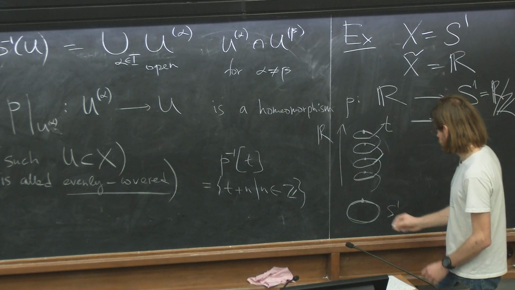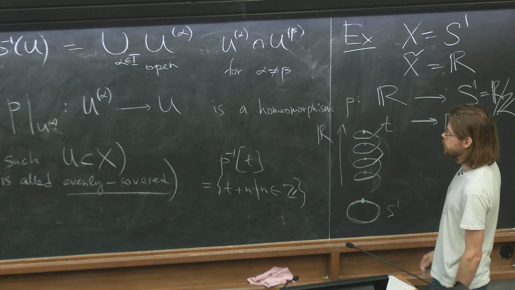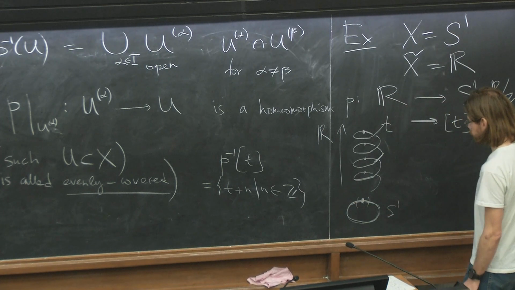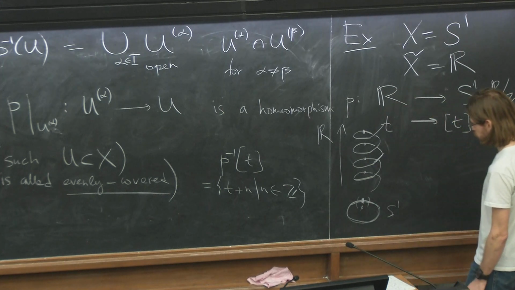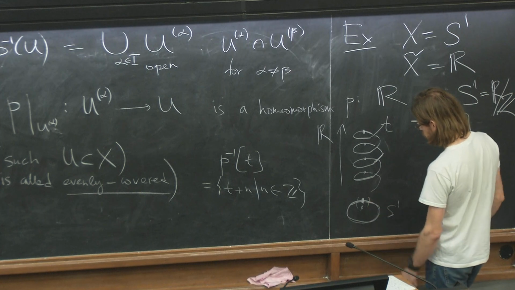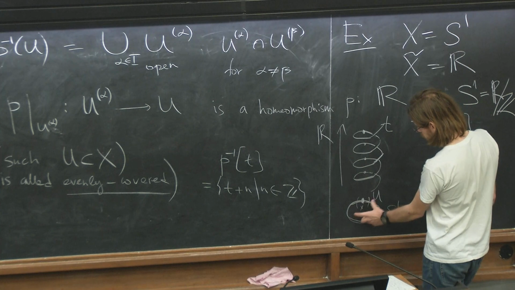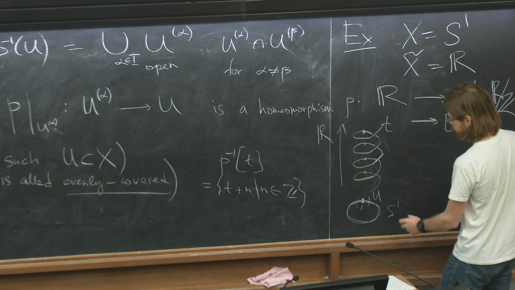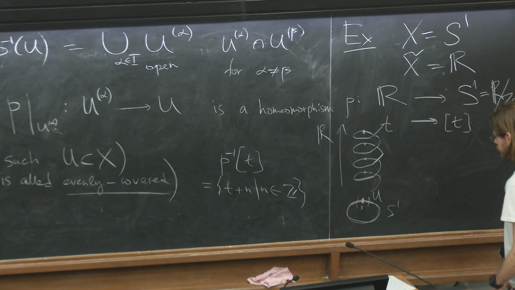Okay, and why is this condition which we have satisfied? Let's consider. Essentially, it's enough to look at this neighborhood. So we take some point X on a circle, and it's enough to take this U to be any sufficiently small arc. It should just not be a full circle. It's enough to take an arc which is not a full circle, which contains this point X, and then we